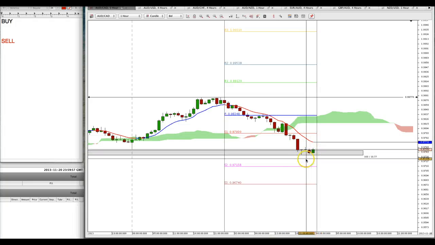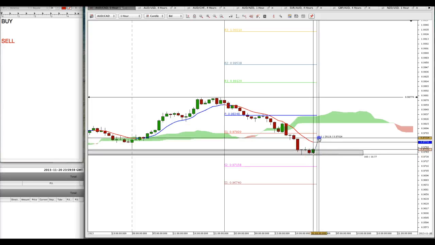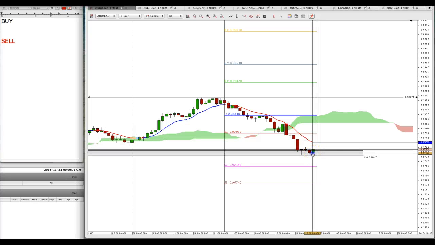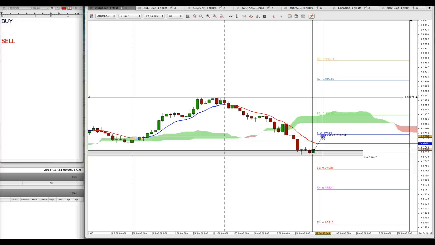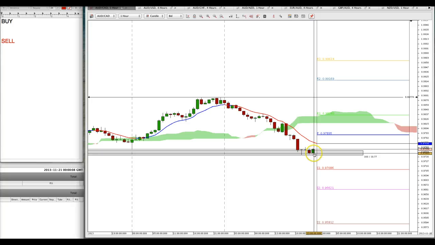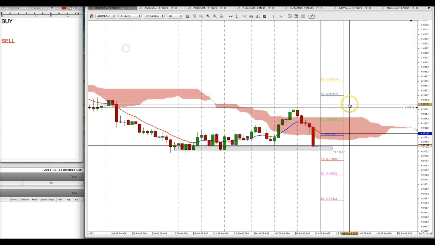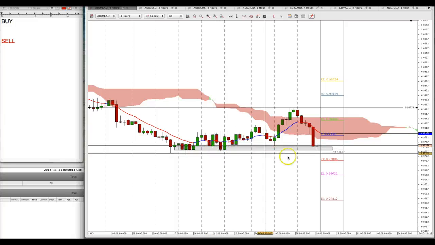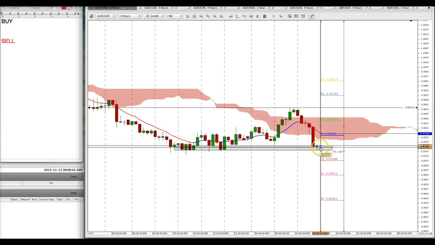Now what am I looking for? A short amount of pips. I'm not looking to stay in this trade very long. It is below the central pivot point. We're in a downtrend, but because it's hitting a previous support level, if we did not have a support level here, then I would not be looking to buy